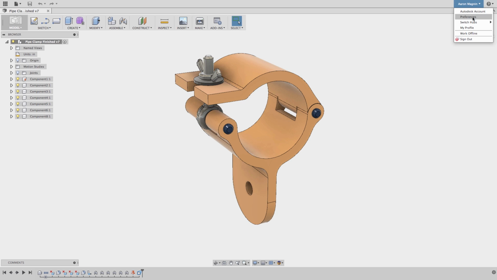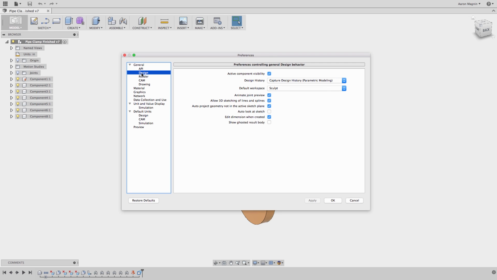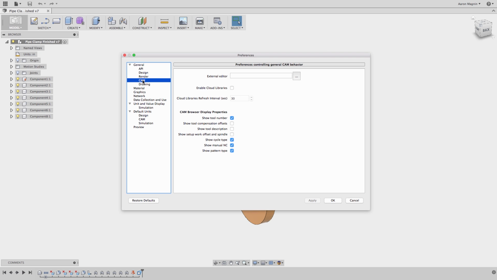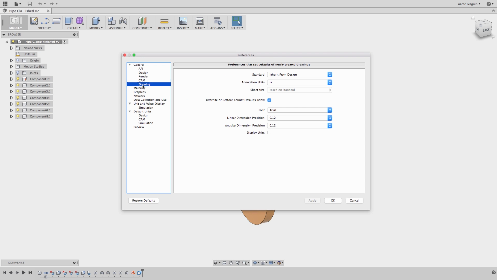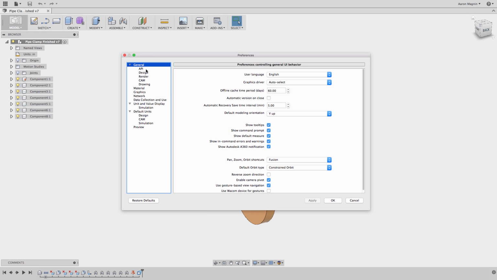In this case, though, I wanted to bring you to preferences, which will enable us to do things like change the default orbit type from constrained to free, etc. Reverse the zoom direction. I would recommend that you familiarize yourself with these, but on your first use, I wouldn't really recommend changing many of these. The one that I might recommend you change